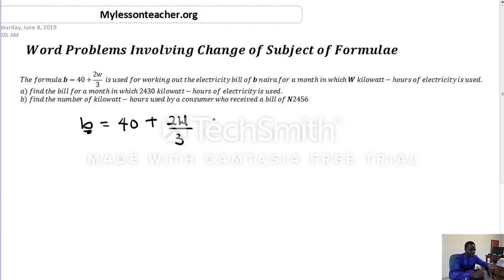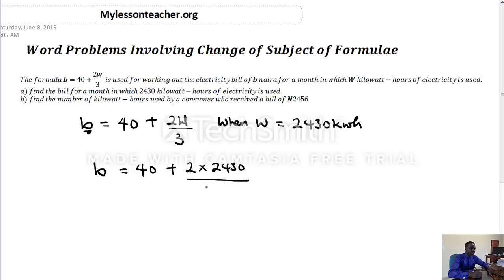It therefore means that we should find B when W is equal to 2,430 kilowatt hour. Okay, so what we are going to do is to substitute W for 2,430 in this equation, so that this becomes B is equal to 40 plus 2 times